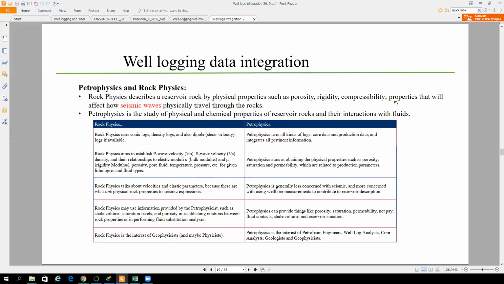These properties are actually causing changes, and they are affecting the seismic waves. So from the seismic waves, we will try to extract the same properties which we have extracted already from the different logging tools in petrophysics or in well logging. So it means we will have another way, or another tool, to extract the reservoir property, not from the well